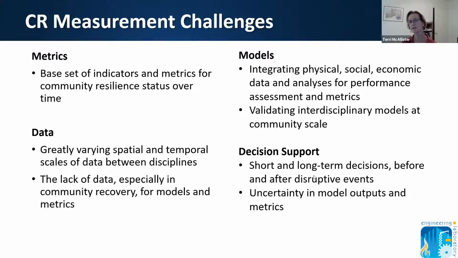And in particular, there is very little, if any, data about community recovery. And this is essential for resilience models that are integrating these systems. And all of this, of course, leads to decision support, helping communities make better decisions, particularly with an understanding of the uncertainty that's inherent in this type of modeling.